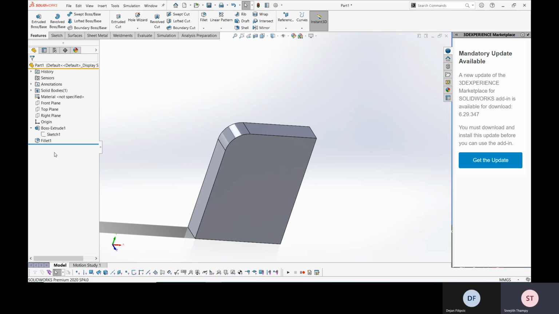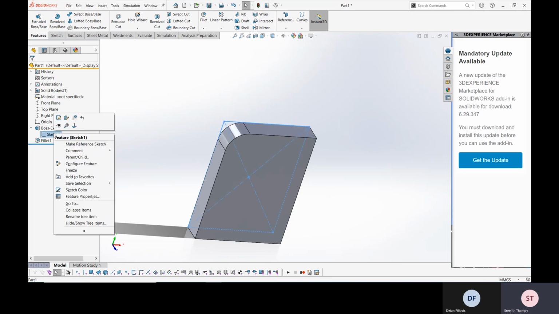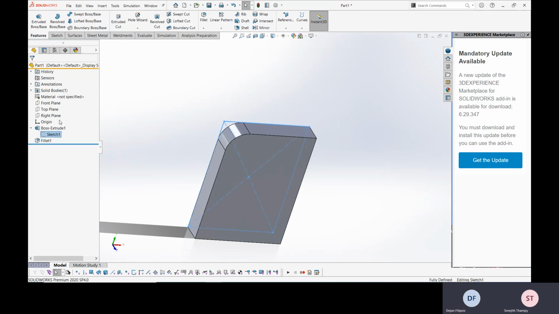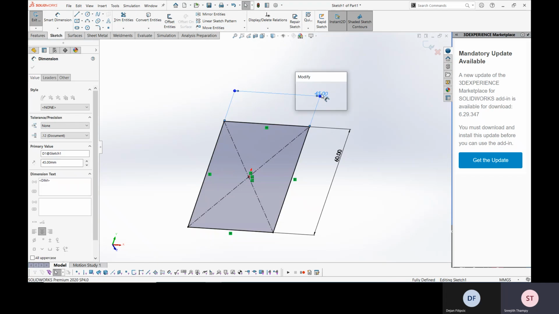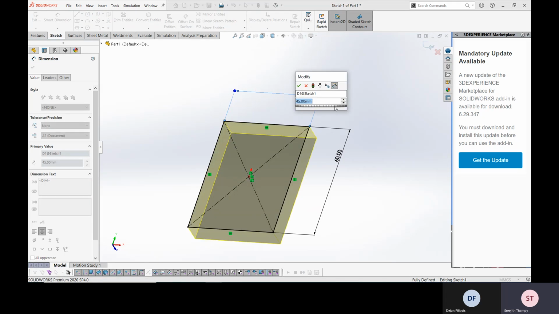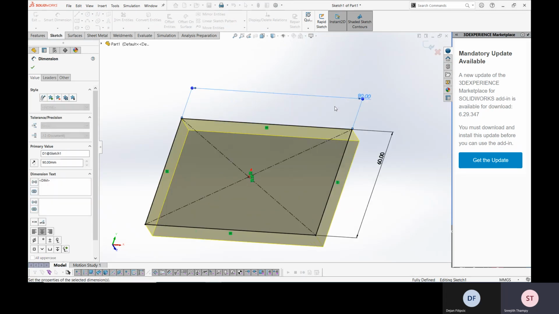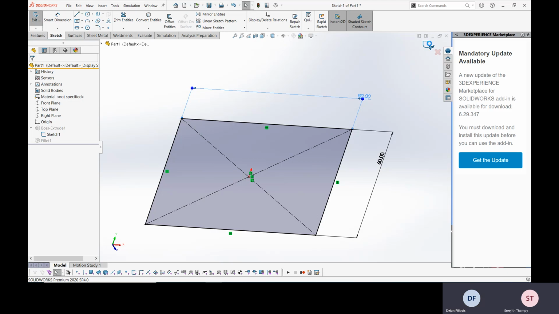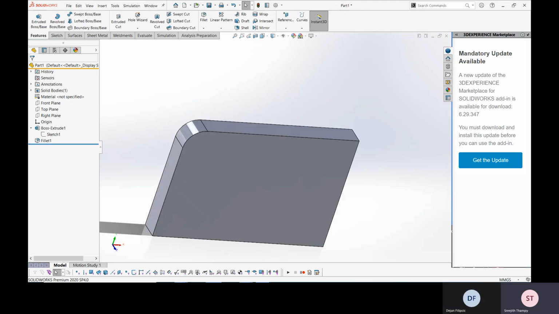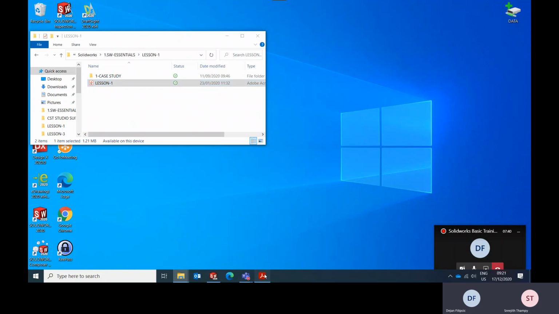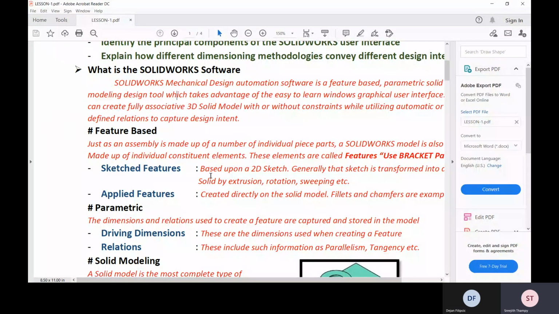So at any point, I can go back to the sketch and edit it, or I can get this information back at any point. This is the feature parametric, or I can change it to any value. Accordingly, my model will update. So this feature is called parametric. Our software is capable of saving the information, like dimensions and relations, that I used to create a particular